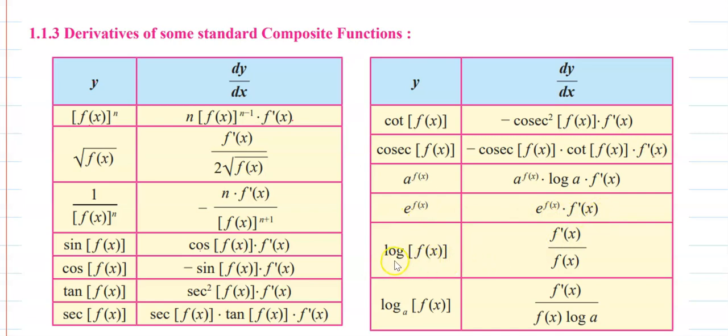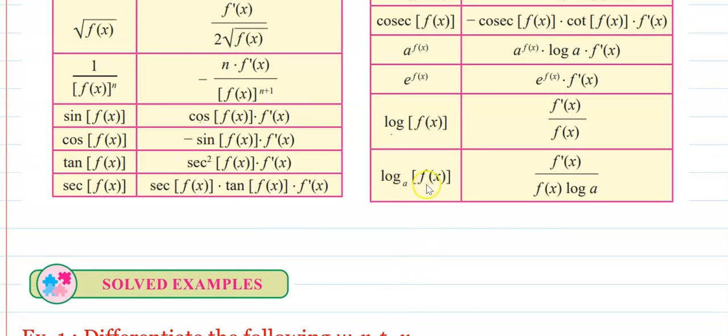Next, here is again the derivative of log of f of x. The derivative of log of x is 1 upon x. And hence the derivative of log of f of x is 1 upon f of x into, again, f dash of x. Again, the derivative of log of f of x to the base a. Okay. To find its derivative, we change the base, which can be written as, again,